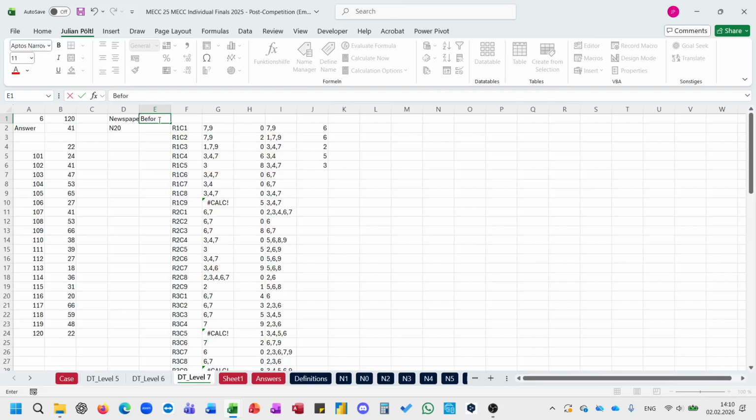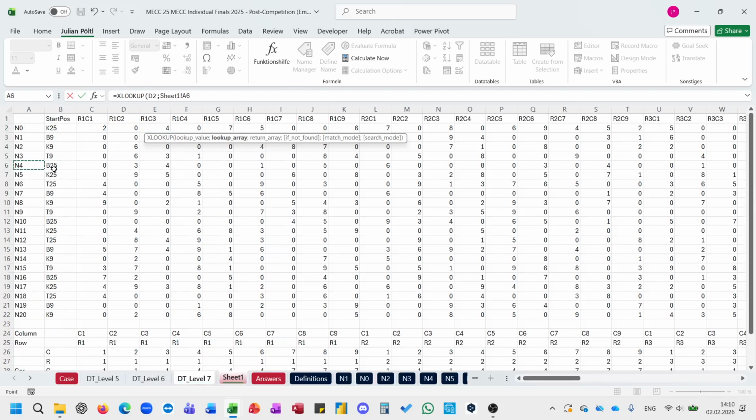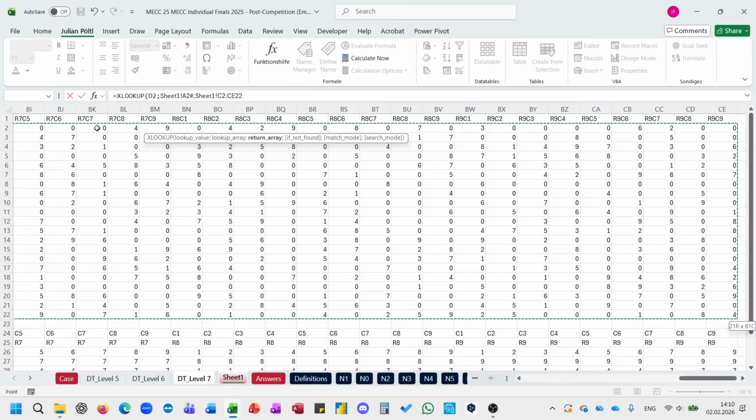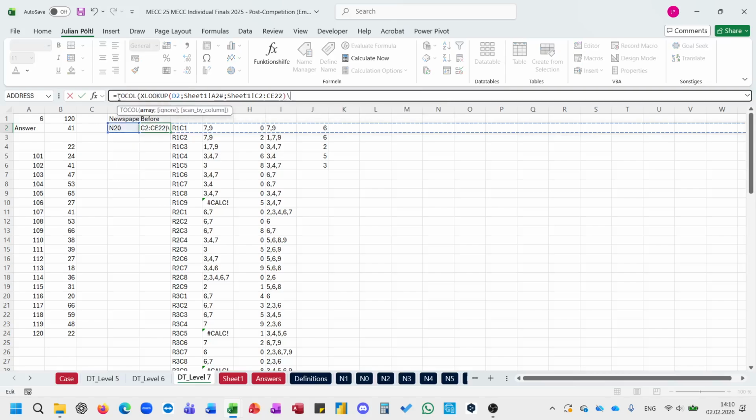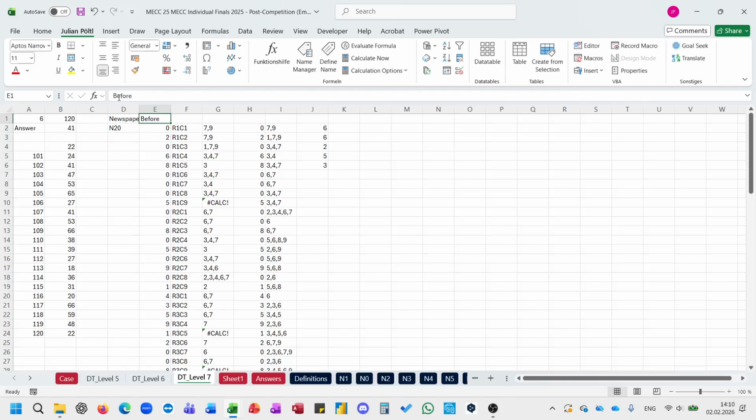So before everything, it's an XLOOKUP for the newspaper returning those cells and to call. This is then the fields. Answers,